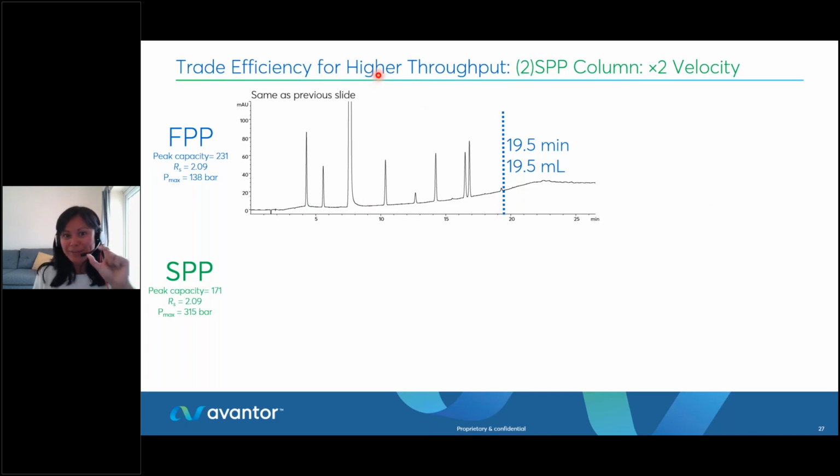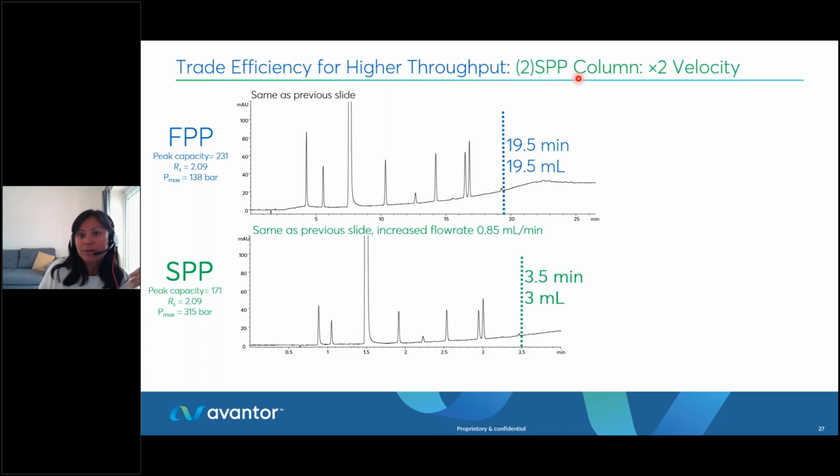We still have a bit of resolution to play around with our SPP column. So we simply just double the flow rate, or double the velocity, of the method with the same solid core column as shown in the previous slide. So the same mobile phase composition is going to be consumed, but we have decreased the time frame to 3.5